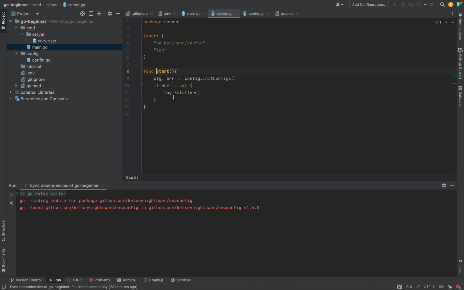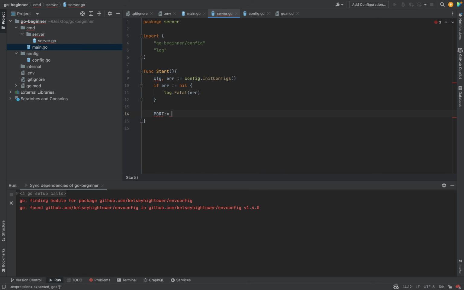Let's see how we can use the ports. For you to run a server,